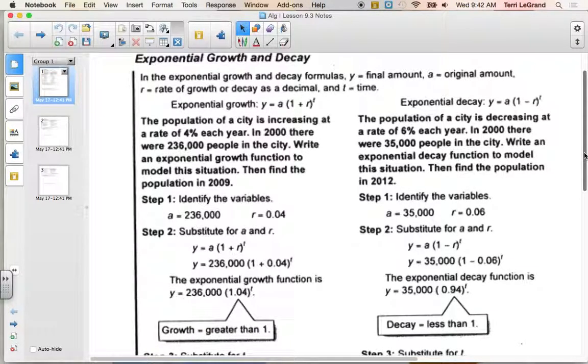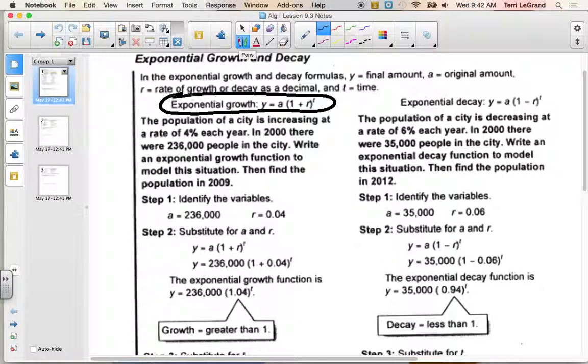We're still working with exponential functions, but on our first page here, we're going to work with exponential growth and decay. So I want you first of all just to recognize and maybe circle right here, exponential growth model. The exponential growth model is y equals a times, in parentheses, 1 plus r, and then that is being taken